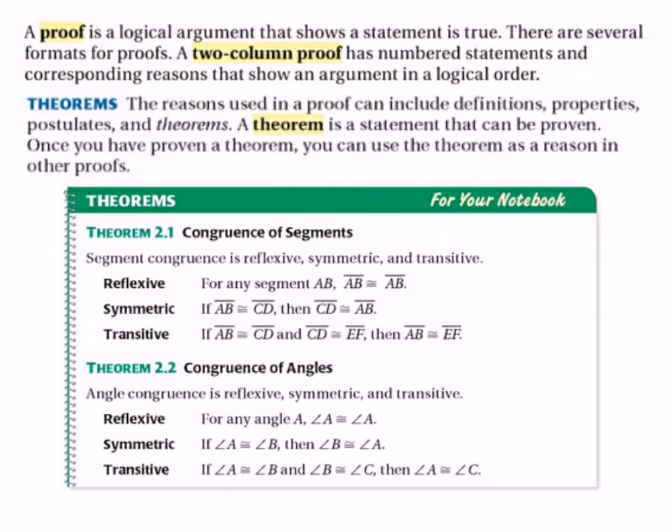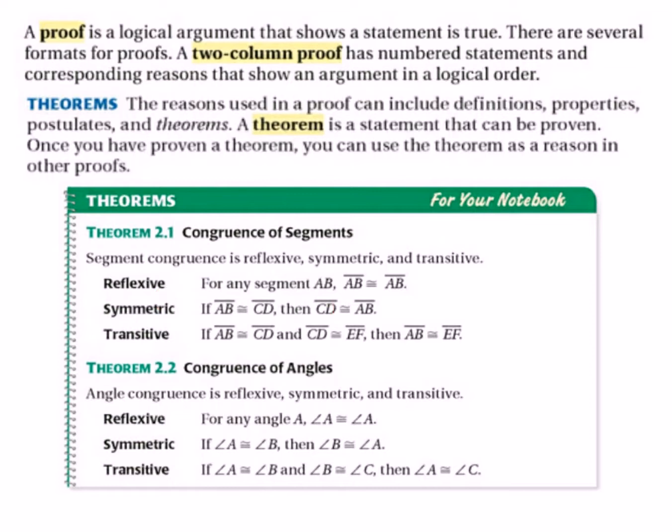If you pay attention to reflexive, notice that the parts you're looking at are mirror images of each other. It's saying here that segment AB is congruent to segment AB. They mirror each other. So when you think about reflexive, the left side will be identical to the right side. Symmetric,